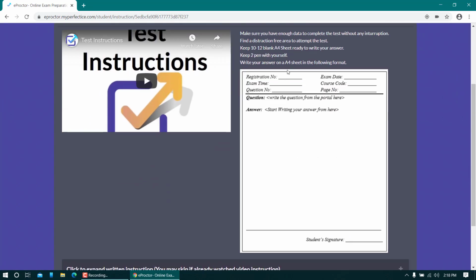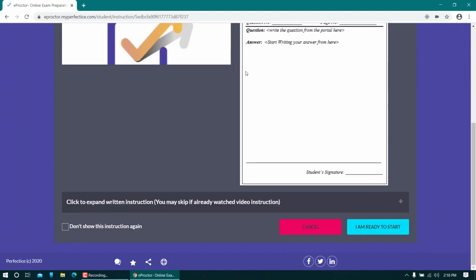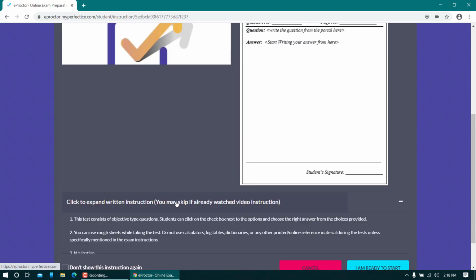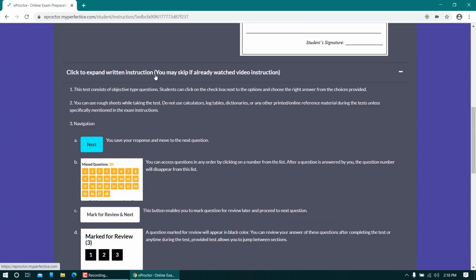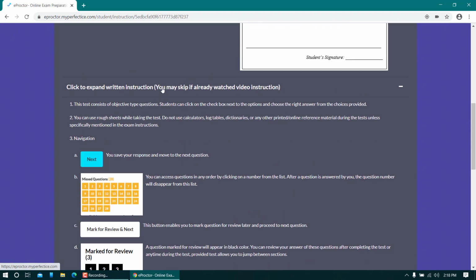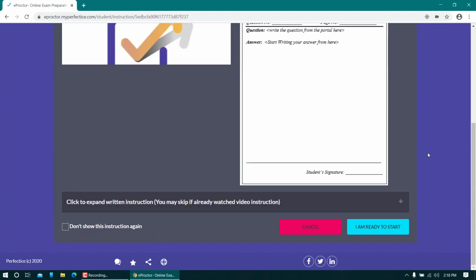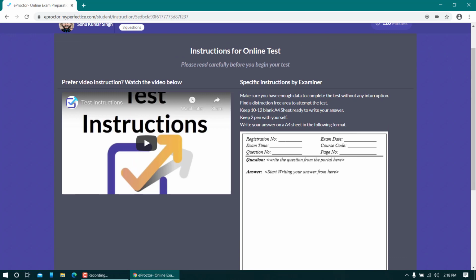Now this instruction area is where you'll get the instructions from the university side. There are some generic instructions by the portal itself which are given here. In this case they are not required, or if you wish you can read these as well. Most of them are not applicable to you. So I would strictly encourage you to use the instructions mentioned here.